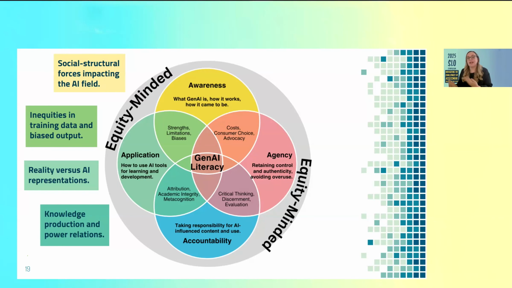So who had the ability to have their work citable by the AI? Whose work was stolen? Whose work are you expected to cite now? And how would you cite work that's sort of been regenerated by multiple authors who may or may not have consented to have their work included in these models? That's an equity lens. I think when we talk about accountability, we often talk about upholding academic integrity, but